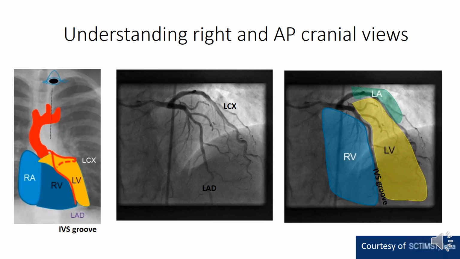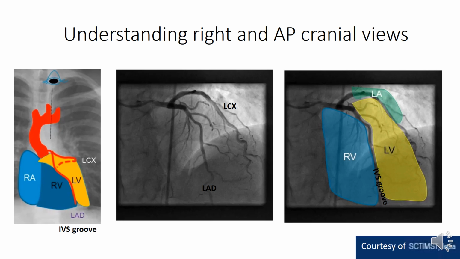And for more orientation about the chamber, we see here the LAD running in the interventricular septal groove, separating the right ventricle from the left ventricle, and the circumflex vessel running in the AV groove, separating the left atrium from the left ventricle. So when you see this view with this orientation, just memorize this picture. It is pathognomonic. When you see it, it is either